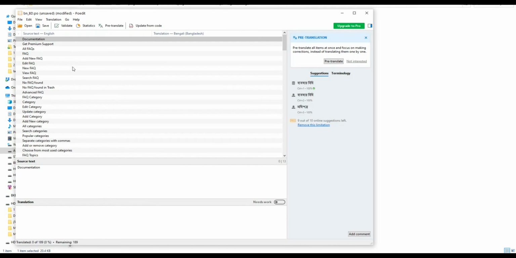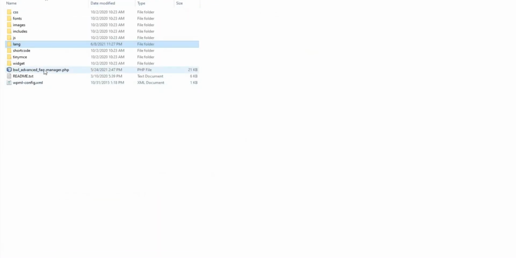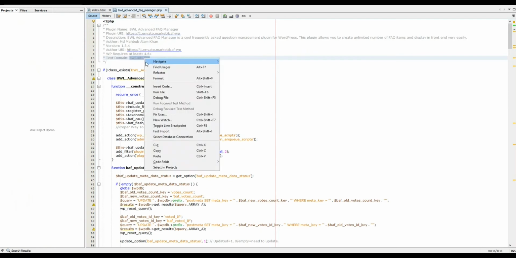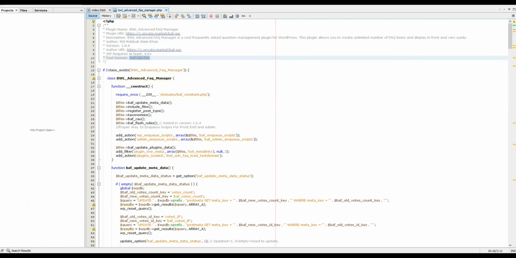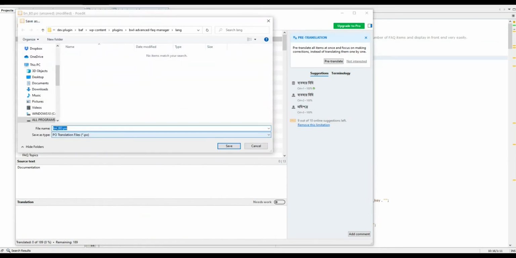Now we are going to save the file and add a prefix of the plugin text domain. So from where do we get the text domain? If you open the file, which is the root file, you can see the text domain name in here. So just copy it, and if you save the file,